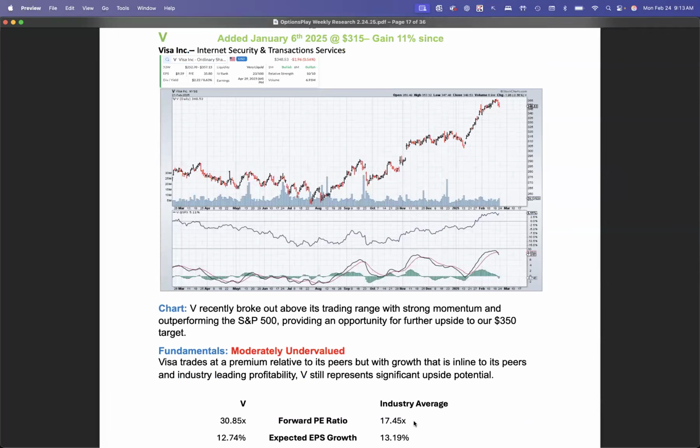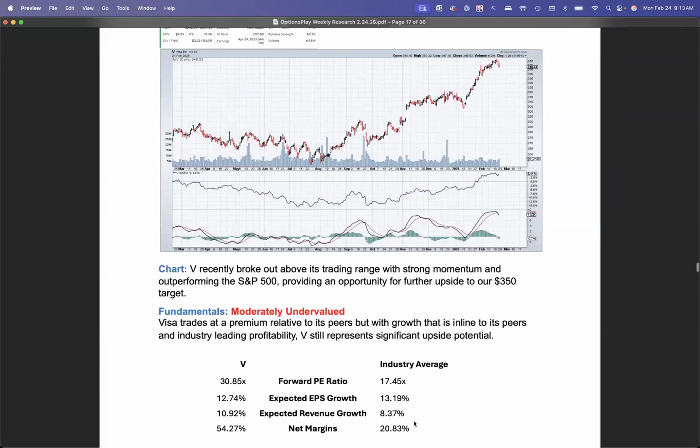Visa is another one that's gained nicely since we've added it. As you can see, the stock is now trading about 30 times forward earnings and has reached our $350 upside target here as well. So this is one that we are looking to potentially remove as it has reached our upside target here. As you can see, the growth expectations either meet or exceed its industry